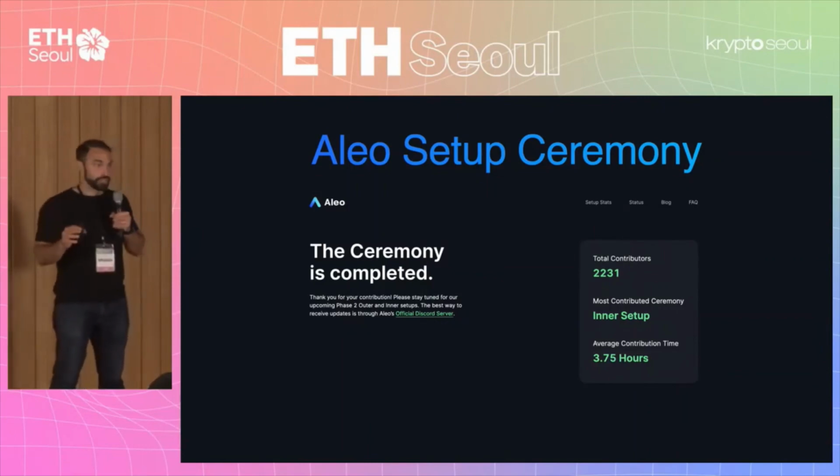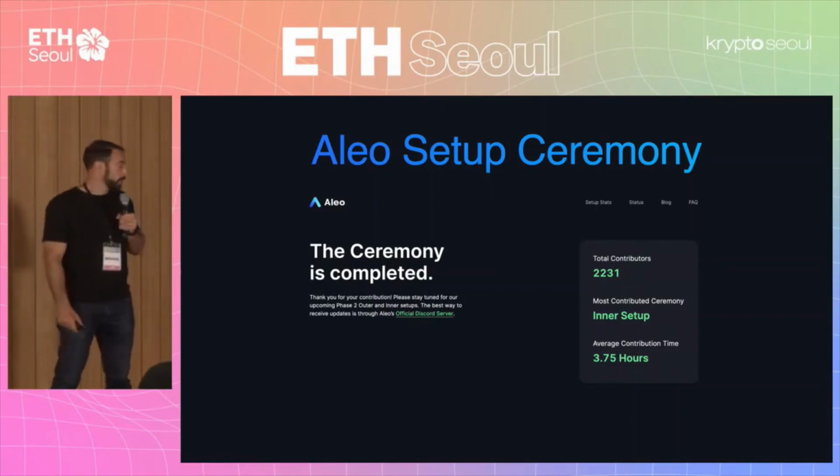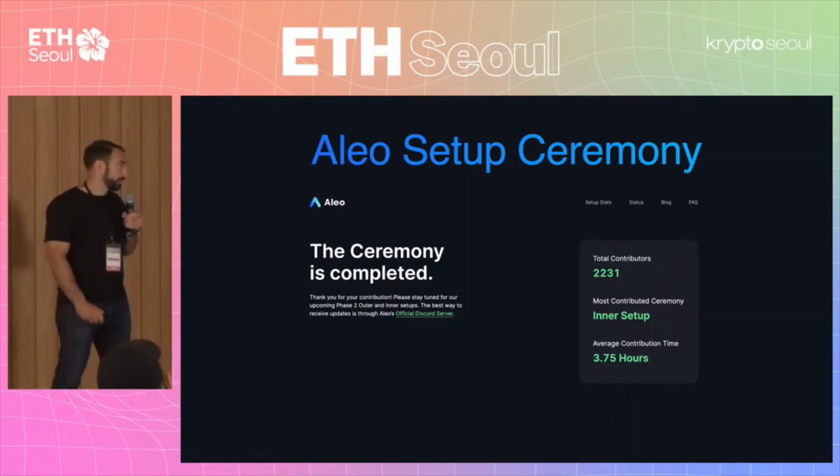You can see all the information about who attested to contributing and get a sense for how, in my opinion, the way to assess the security of these things is how many people contributed. And I'm pretty happy to say that we have the largest setup that I know of in history for crypto. So this is something that we view as a public good that we hope, not only do we hope, but we want people to take and use in their own projects.